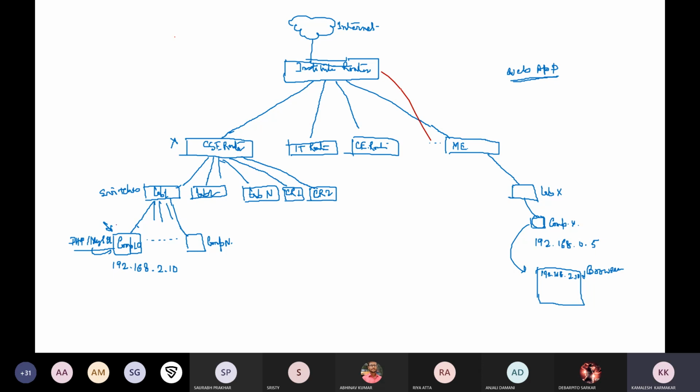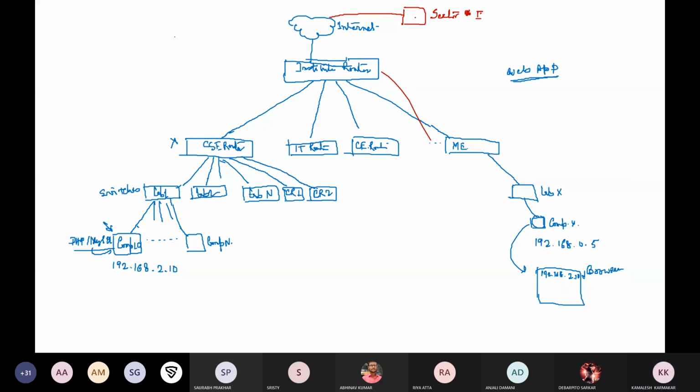Now my question is, if your friend is sitting in his room, for example in sector 1, his address is sector 1.